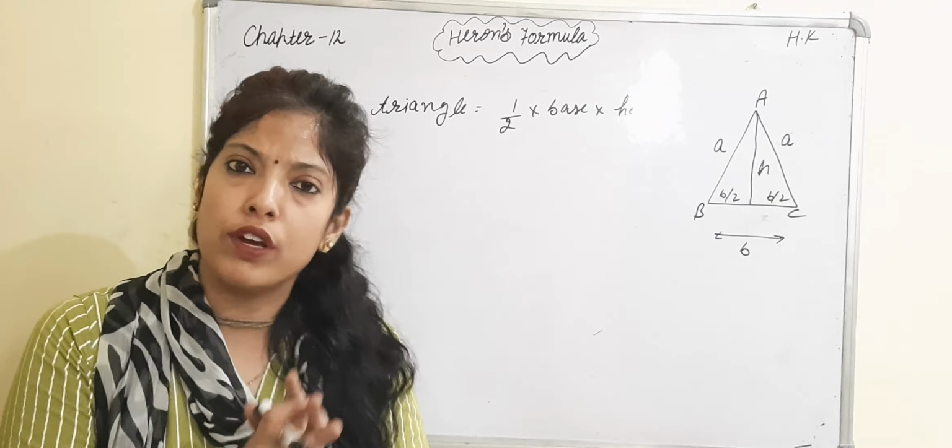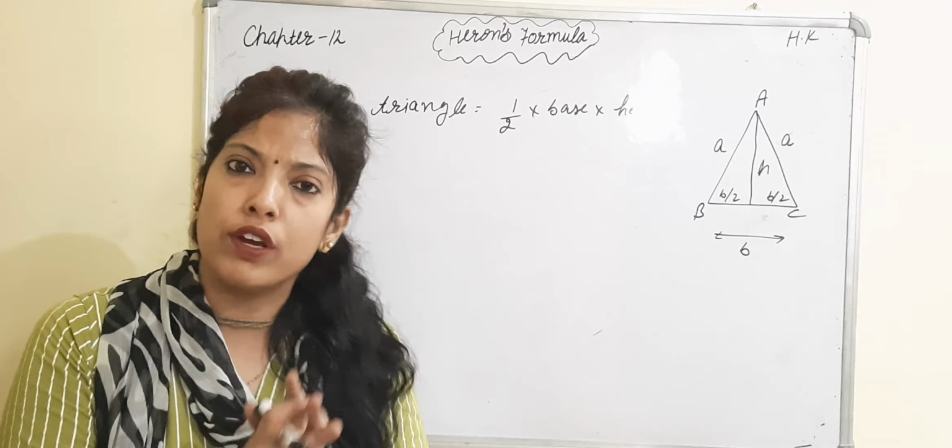This theorem says that if you know two sides of a triangle, you can easily find the third side. In a triangle there are three sides; if you know two, you can find the third by using the Pythagoras theorem. In triangle ABD, this is a right angle triangle. So what does Pythagoras say? Hypotenuse square is equal to base square plus height square. The line opposite the 90 degree angle is the hypotenuse.